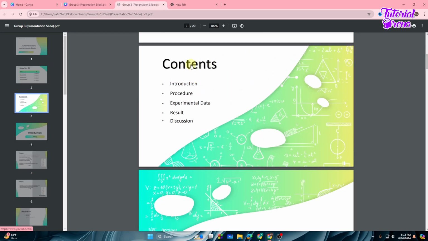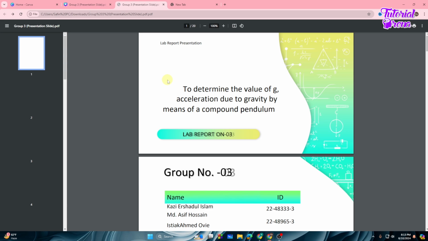If we move our cursor onto the contents, as you can see the cursor changes. If we tap on it, it will redirect to the website that you want. So that's how you can simply add a hyperlink into a